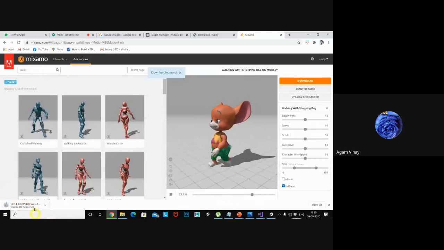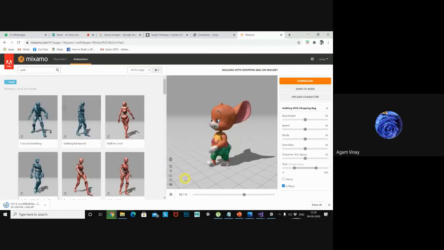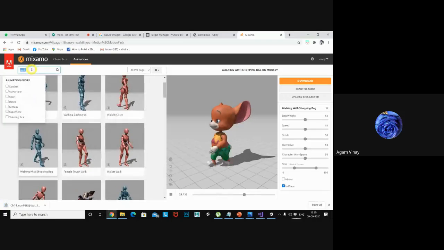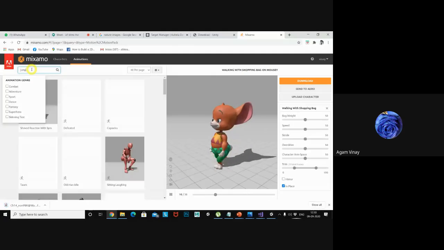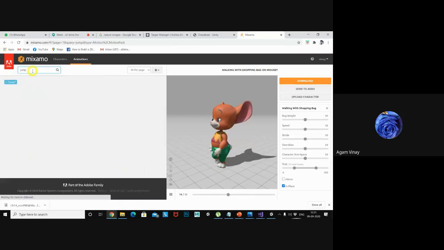So the download is here. As I told you in yesterday's class, the model should be in .fbx format. Now I want some other animations, like jump. I want a jump animation.